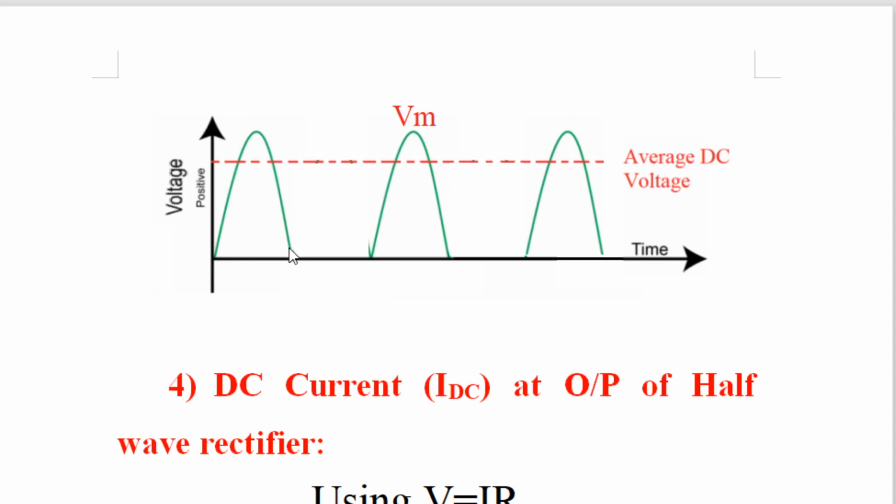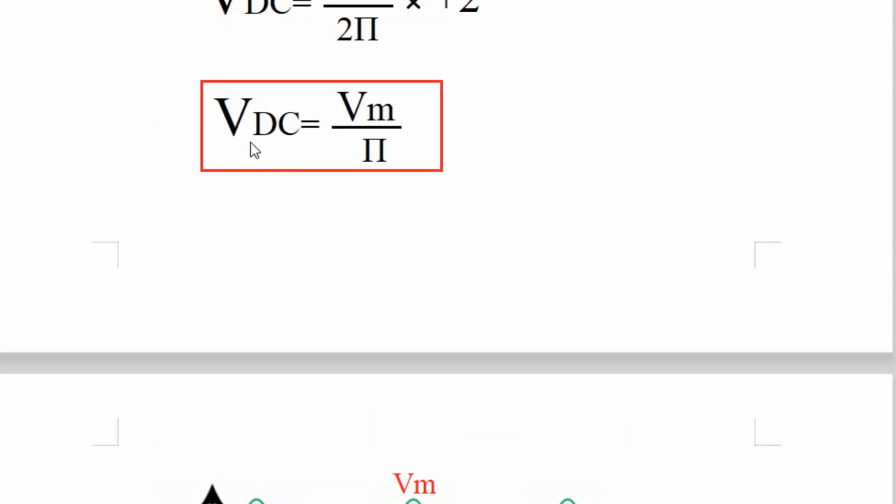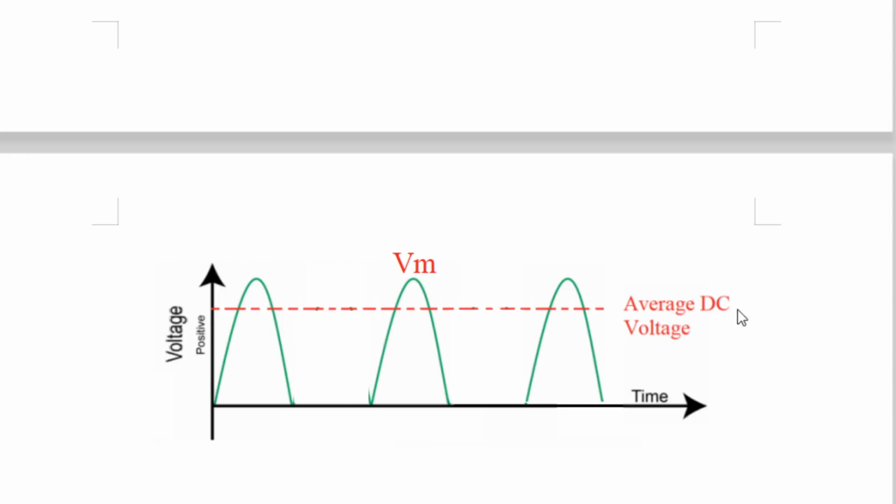Now here try to understand, this is the positive half cycle appearing across RL, the negative half cycle will not appear, then again the positive half cycle is appearing, and this is Vm. And Vm is less than Vp, because 0.7 volt is the drop across the diode. Now look at this dotted line, the average DC voltage, that is called your VDC. Average DC voltage is Vm upon pi, which means the average DC voltage is further less than Vm, and in this way this is the formula.